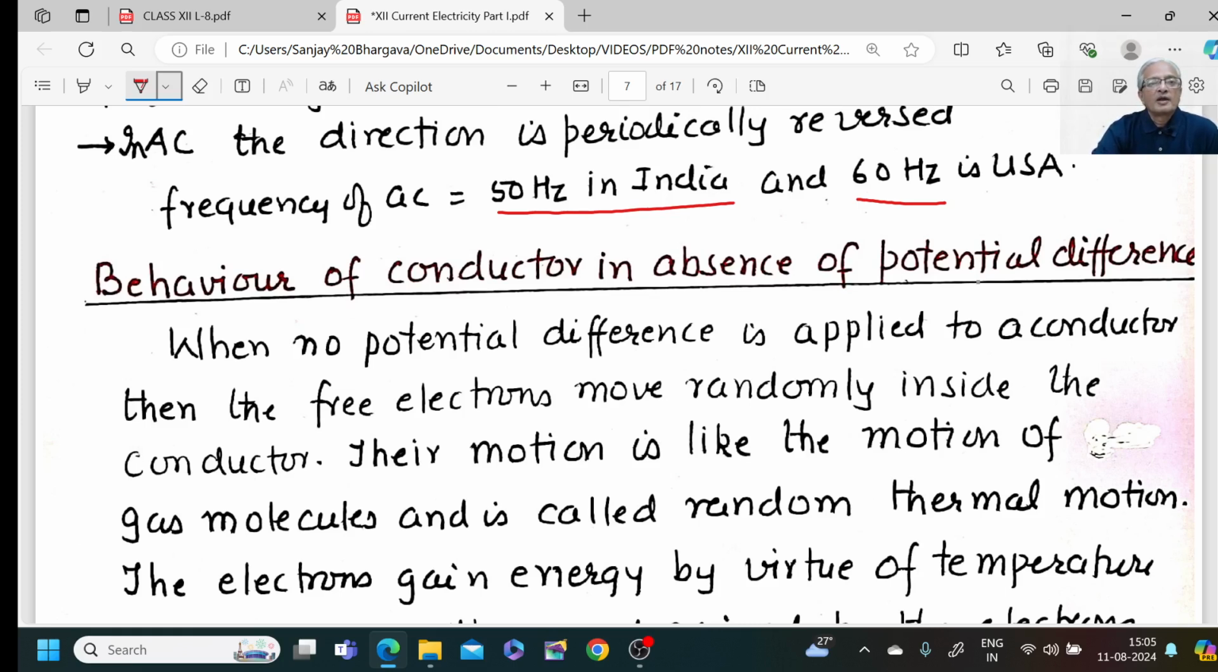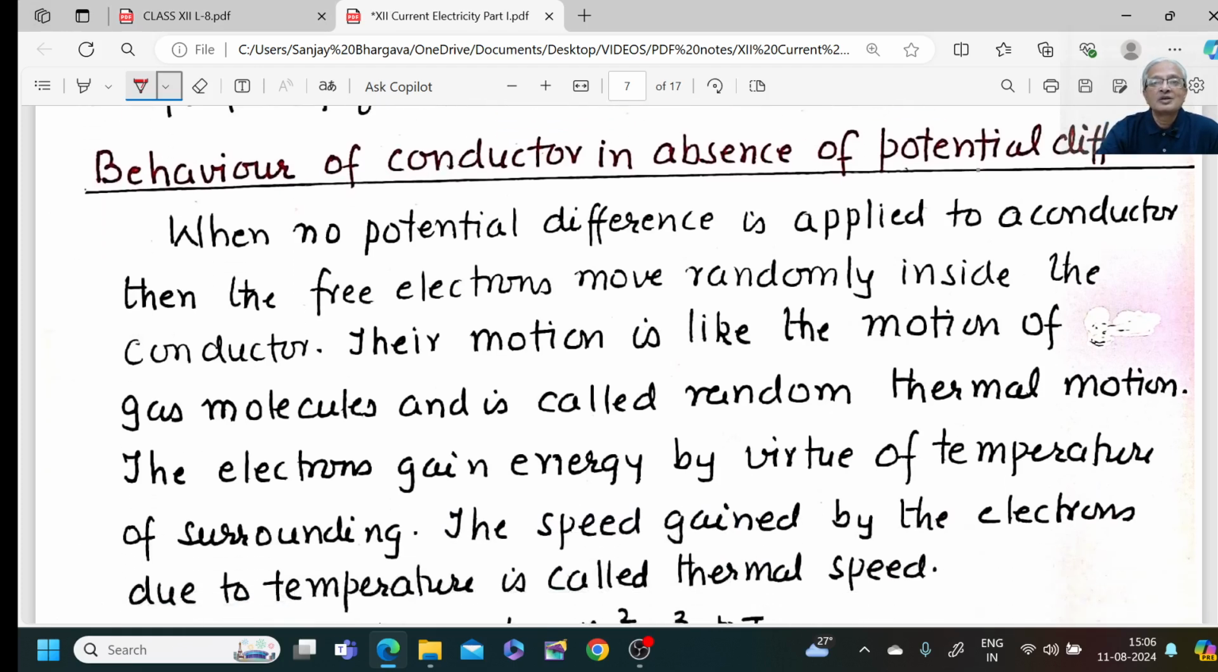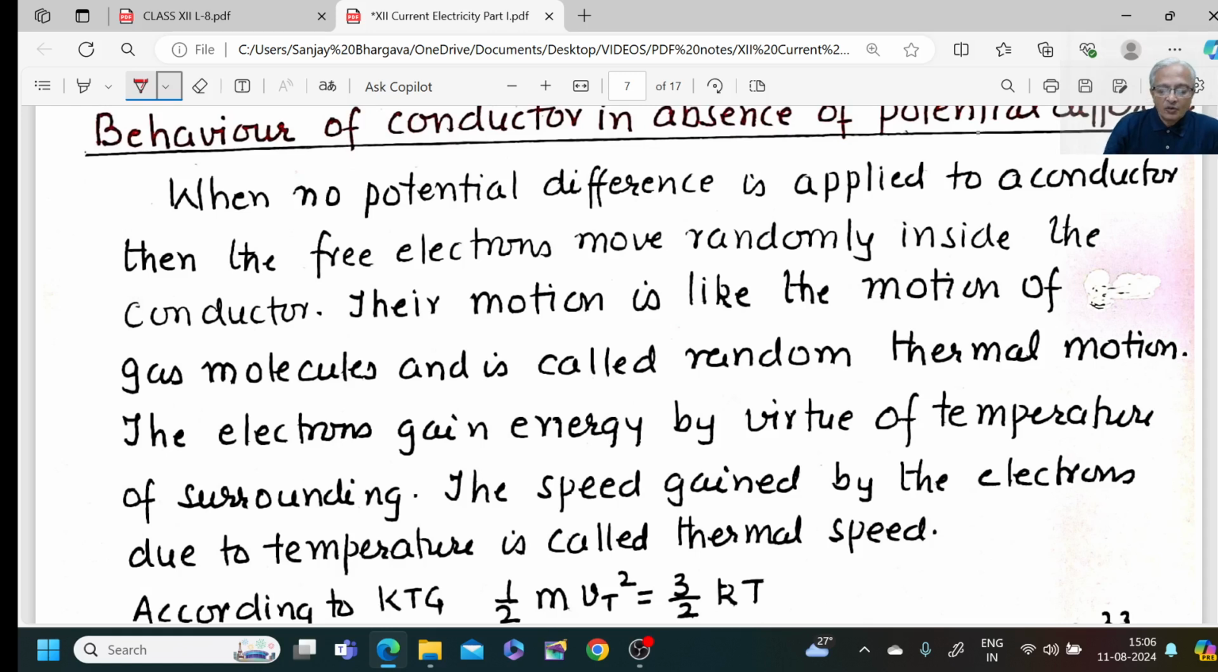Now we would like to understand the behavior of a conductor in absence and in presence of potential difference. How does the current travel? How do the charges move inside the conductor? Why is there no current in absence of potential difference? We need answers to such questions. Now it says,